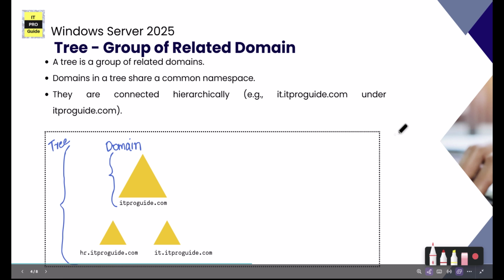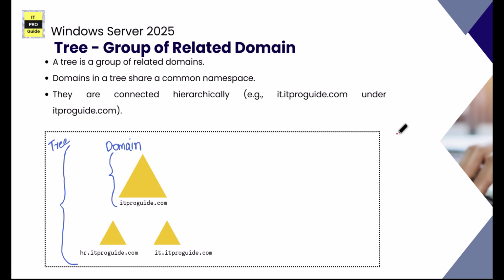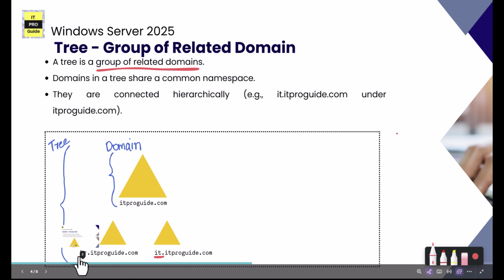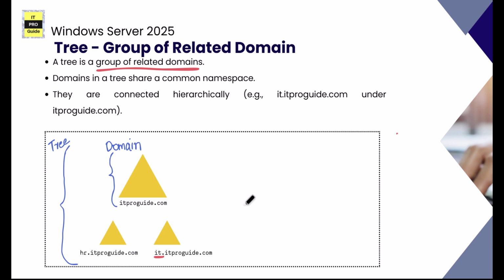Now let's talk about the tree. The simple way to explain a tree is that it's a group of related domains. Imagine your company has multiple departments: IT department, HR department, finance department, which are very big in numbers, so you decide to give each a domain. These domains form a tree because they share a common namespace. For example, as you can see in the picture,